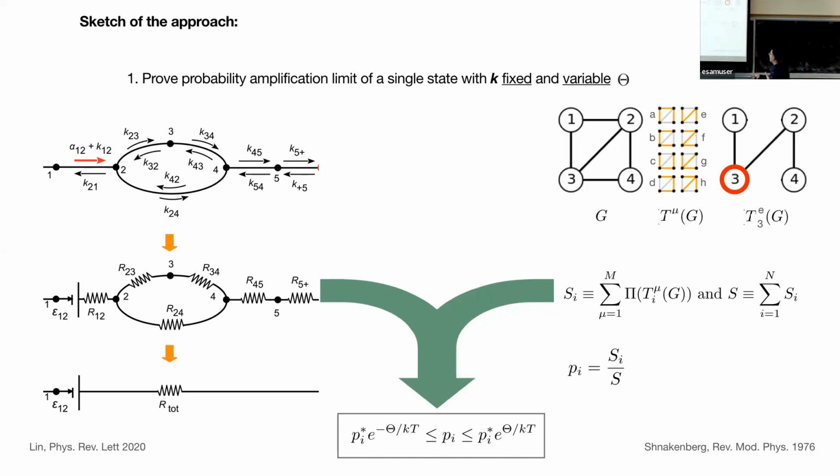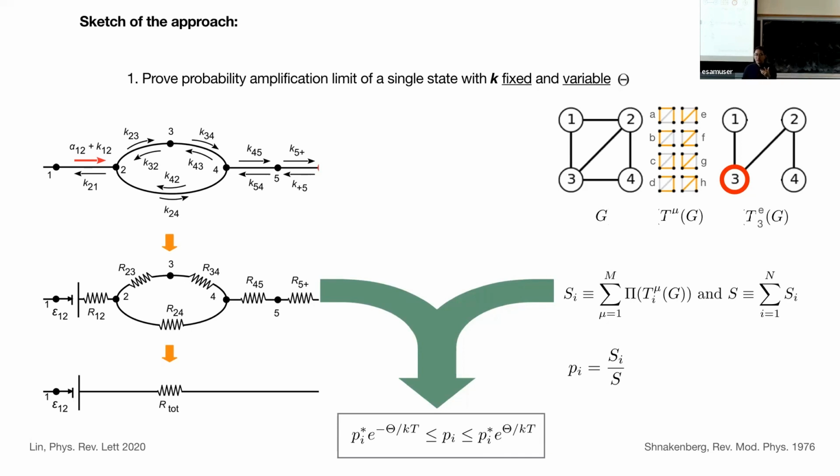If you have a system where the equilibrium probability of any state I is pi star, and now you apply thermodynamic driving forces such that the total applied driving force is capital theta, the amount that you can amplify pi is at most this. And the amount that you can suppress pi is at most this. So the intuition for how this thing that has so many things in it can reduce to something simple is that